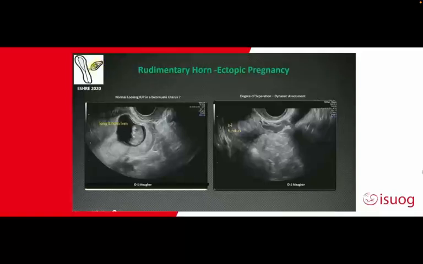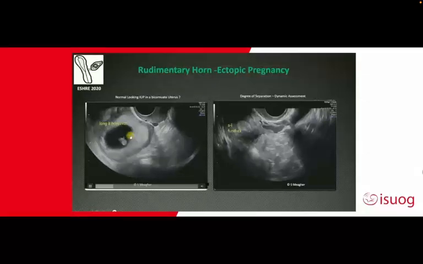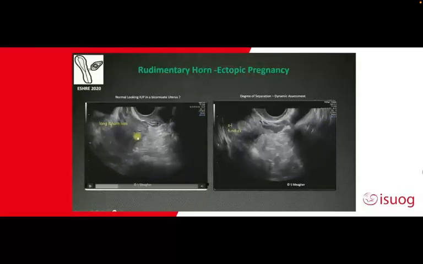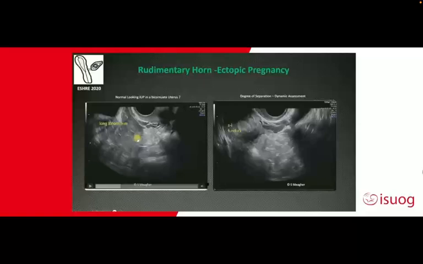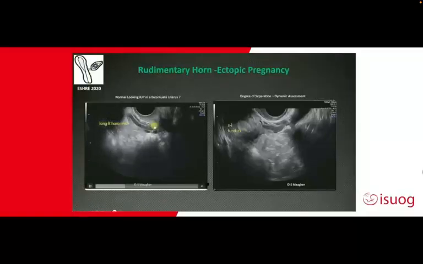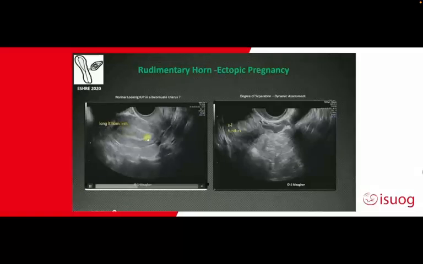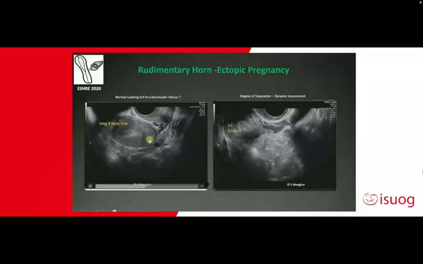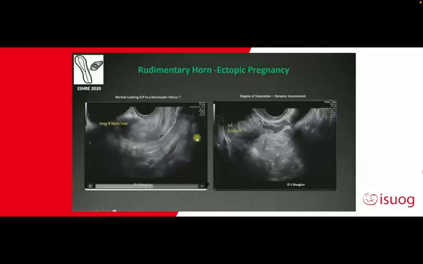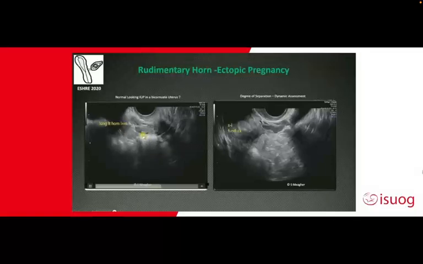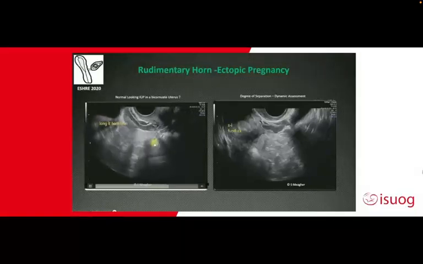It is separate. So we look here in this gestation sac, we see an embryo, a yolk sac, and the limb buds. As we sweep across, the uterine body and pregnancy disappear, and we come across to the midline, and now the cervix comes into view, and here we have the uterine body. Again, to distinguish that the cervix is not actually connected to this gestation sac, to this uterine body, can be